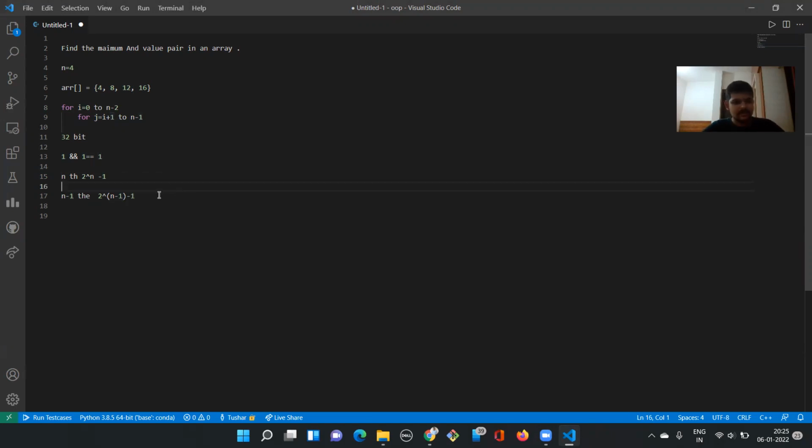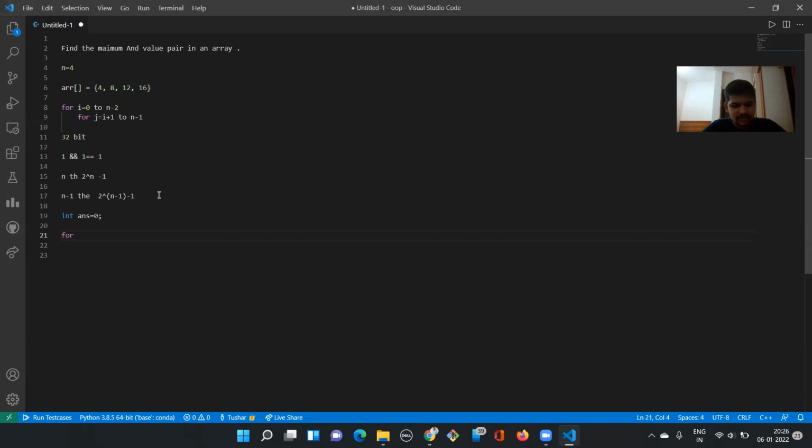And I know that an integer is 32 bits, so I can traverse bit by bit over the elements of the array. I can start traversing from the most significant bit, that is the 31st bit, and take one variable answer. I can check if I will get at least 2 elements from the array having the ith bit set.